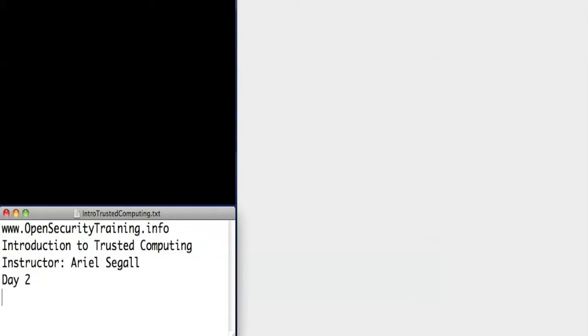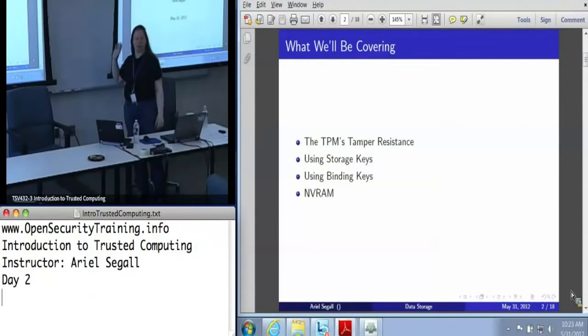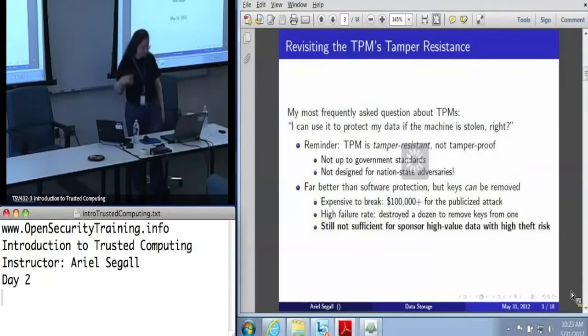ahead of schedule, so what I'm probably going to do is, once we finish up with the data protection and storage, given that this is a pretty short talk, I may end up going on into the early part of the afternoon, to get as far as we get before lunch and not worry about it. So,